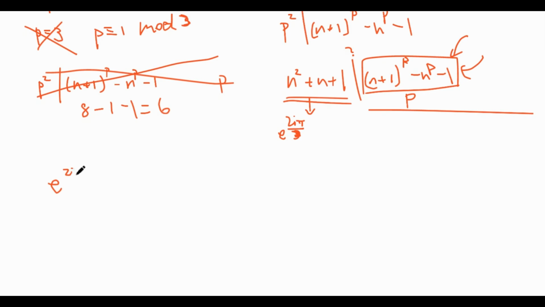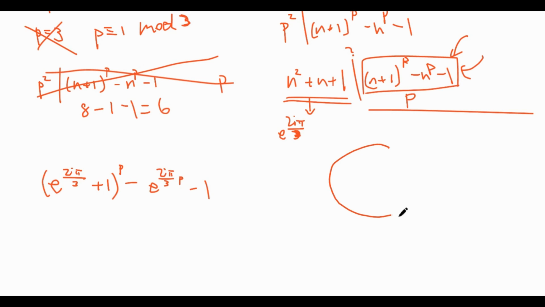So e to the 2i pi over 3 plus 1 to the power of p, minus e to the 2i pi over 3 times p, minus 1. First things first, since we already know that p is congruent to 1 mod 3,